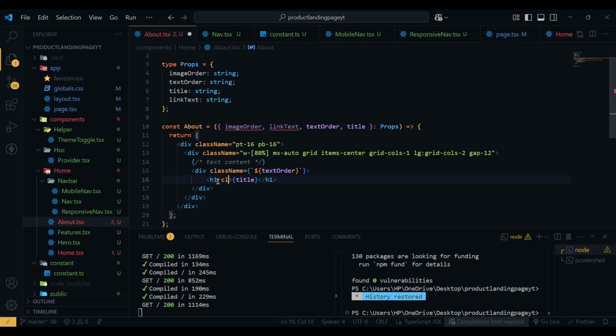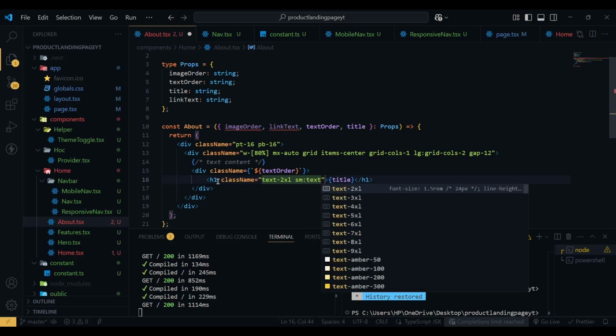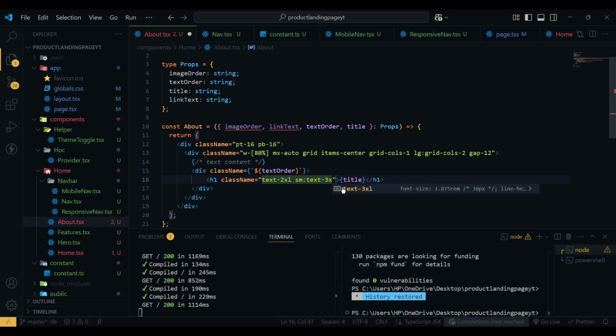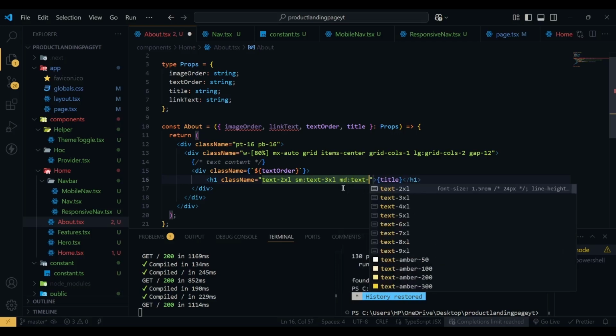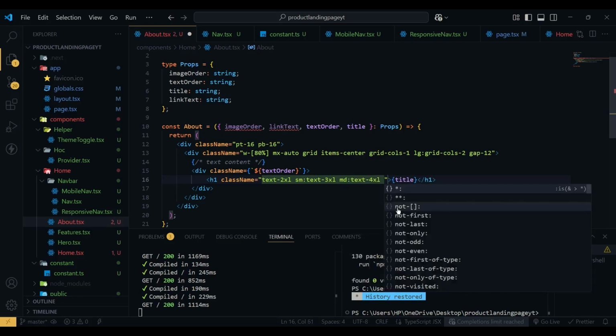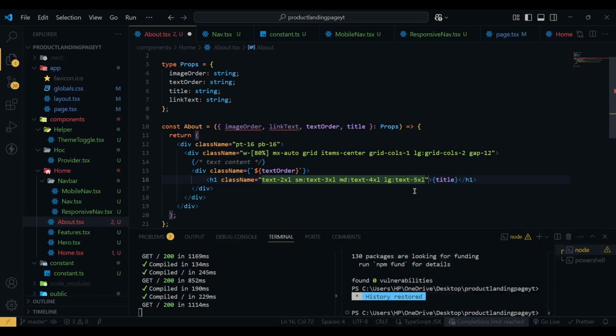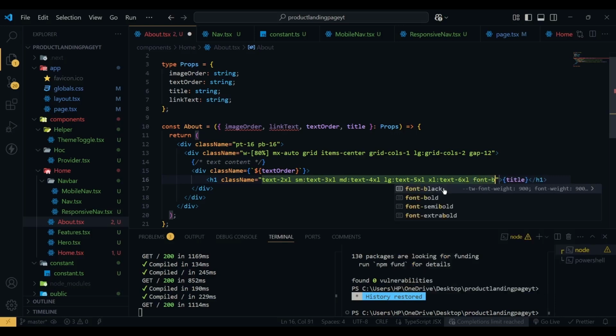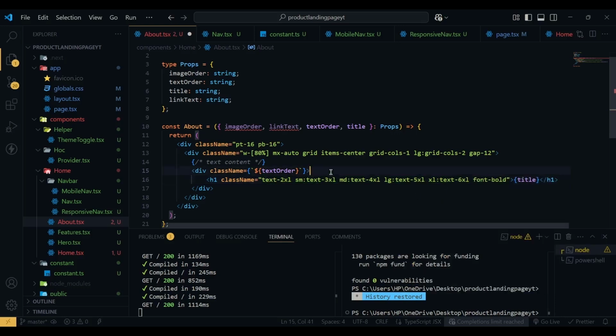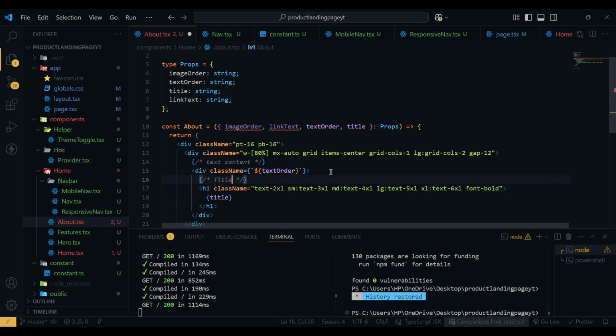and this h1 will have a class name of text 2xl. In smaller devices text will be 3xl, in medium screen text will be 4xl, and in larger screen text will be 5xl. In extra large text will be 6xl. Then font will be bold. Let's add a comment here like the title. Now if I hit save